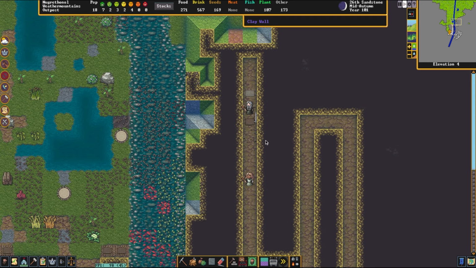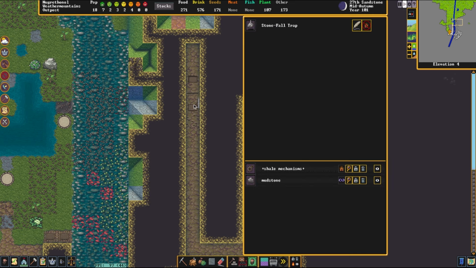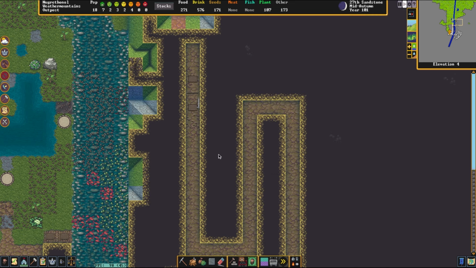It's not even going to be the most effective thing. But I just would like to show it to you for the sake of you understanding, hopefully, how these kinds of traps work. So once again, we have a pressure plate, we have a weapon trap, we have a stonefall trap, and we have,